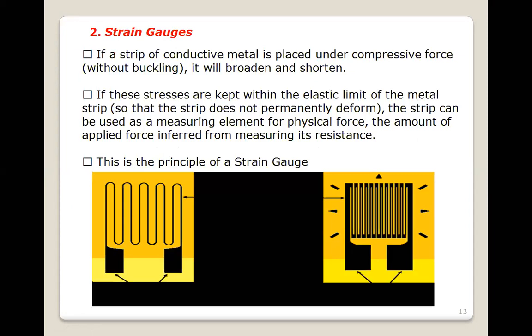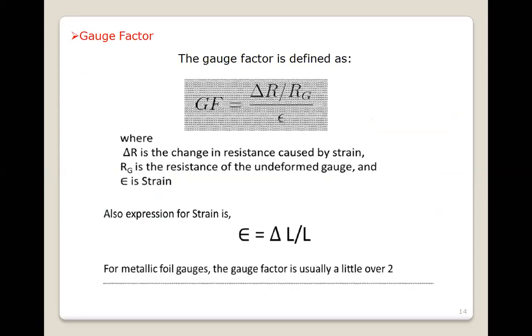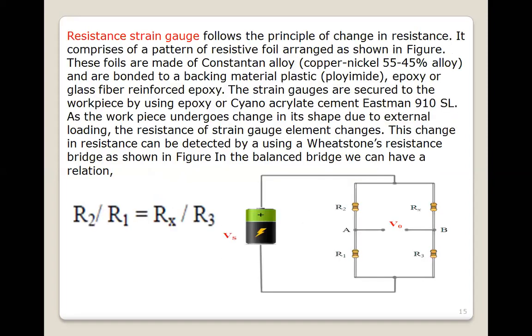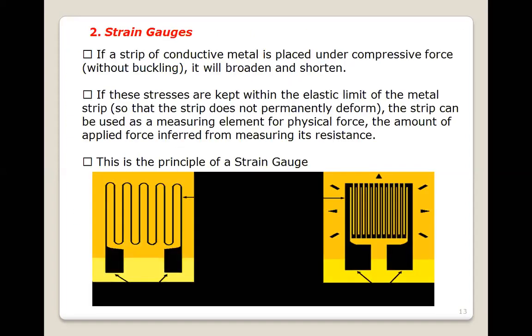यहाँ पर एक मेटेलिक स्ट्रिप रहता है, कंडक्टिव मेटल. उसको अगर हम लोग दो साइड से प्रेस करेंगे या वन साइड से प्रेस करेंगे, तो वो या तो छोटा होगा या बड़ा होगा. अगर उसको बाहर की तरफ खींचेंगे तो जो चेंज होगा, उसको हम लोग मेजर कर सकते हैं, कितना फोर्स हम लोग अप्लाई कर रहे हैं. सो वन ऑफ द एप्लीकेशन ऑफ स्ट्रेन गेज फॉर द मेजरमेंट ऑफ एनी फिजिकल फोर्स. कितना फोर्स लग रहा है वो उससे हमको पता चल जाएगा.